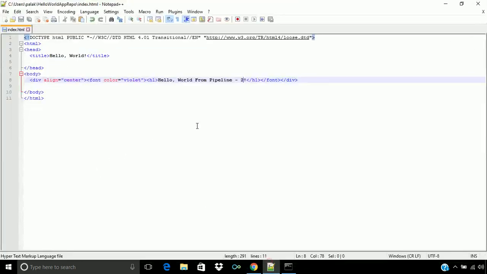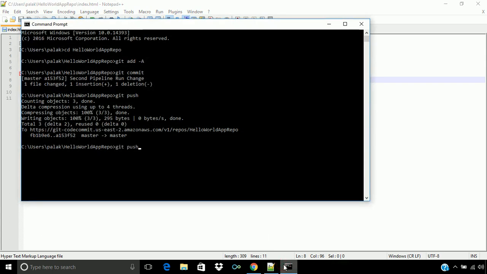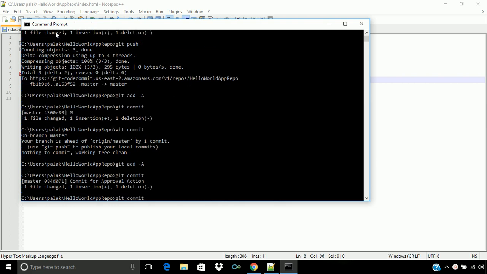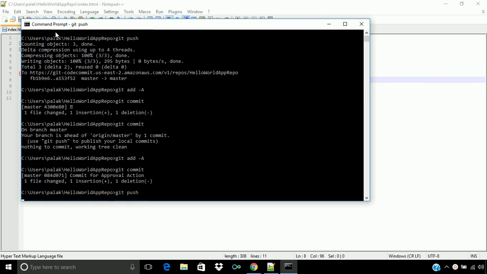So let's make the change, that is approval action, and now let's commit this change. Let's give the comment as commit for approval action, and let's commit this change and push it.